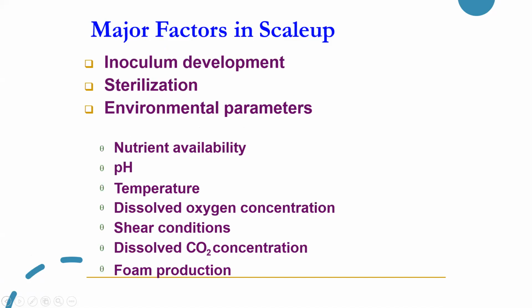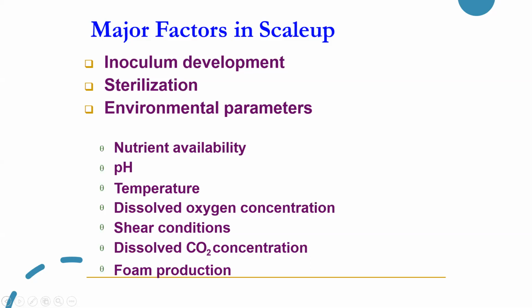So a major factor in scale up is inoculum development. What size of inoculum is required? Because in the lab, you're fine with using 1 ml or 2 ml of the culture. But when you talk about the industries, 1 or 2 ml of the microbe will not serve your purpose, right? You need to go for inoculum development having 100 to 200 liters of the microbial culture. Sterilization conditions: we have discussed that thermal death kinetics is very important, and different kinds of sterilization are carried out, batch sterilization and continuous sterilization.